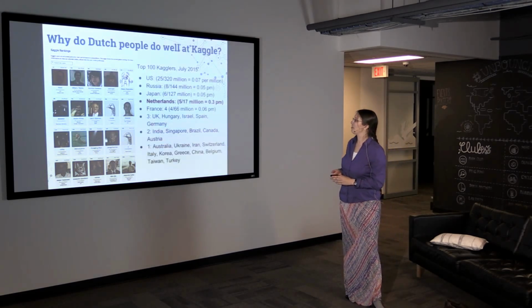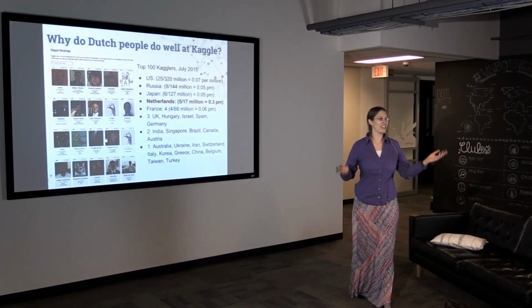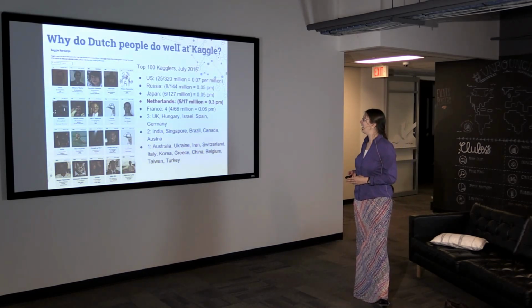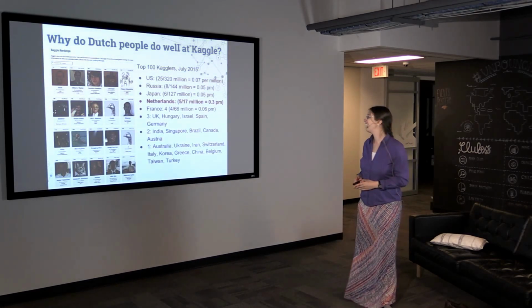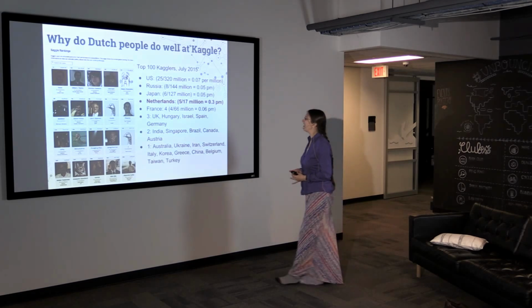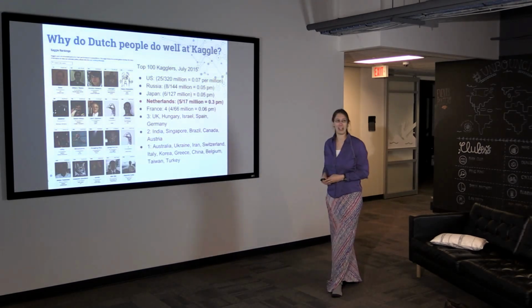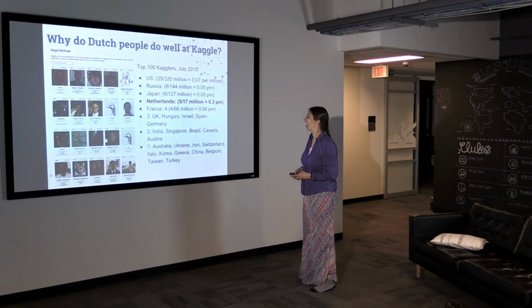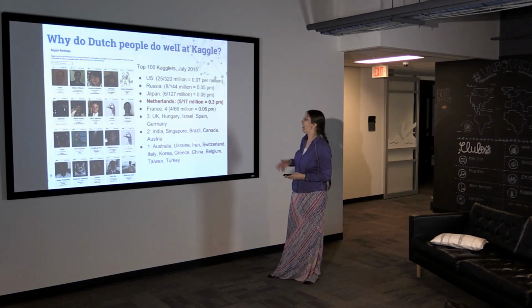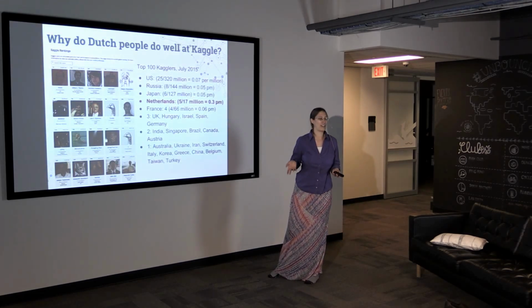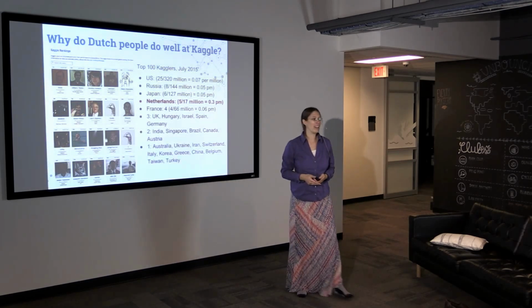The other interesting thing is the breakdown. This is data that I looked at in July. I looked at who the top 100 Kagglers are and where they're from. The first thing I noticed was there are a lot of people with Dutch names in the top 100. Then I boiled it down a little more, and the Netherlands actually has the highest per capita number of top 100 Kagglers of all the countries on Kaggle. Canada, I think, had 2 at that time. And the US, Russia, and Japan have a lot of people, but they also have fairly large populations. Maybe this is not super statistically significant, but I don't know.